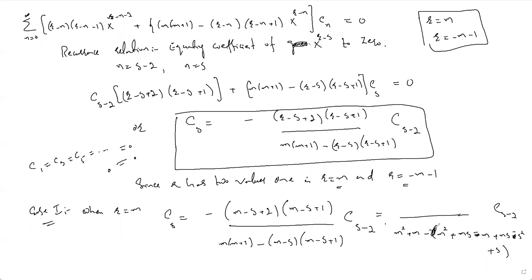So which terms will cancel? This M square and M square will go. This plus M and minus M will go. So I will have 2ms minus s square. Here I will be left with 2ms minus s square plus s. So in place of this, in the numerator and denominator, I will just write this. So that particular reconciliation I will write down as,